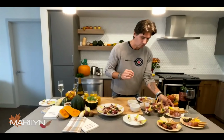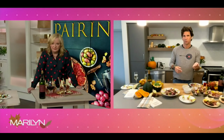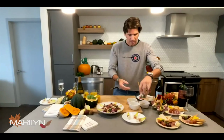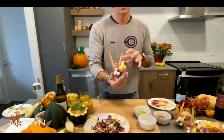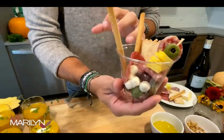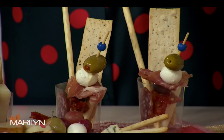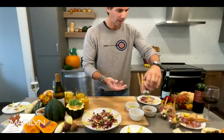Now, the other thing we did was, if this is a cocktail party, obviously you're not going to be sitting there with a plate of charcuterie and a glass. It's just too cumbersome. So we came up with this really fun idea of creating these little charcuterie cups. These are fantastic, aren't they cute? You can prepare everything ahead of time, skewer it all, and literally just assemble right before your guests come. It's a really easy way to serve this while somebody can also be standing around enjoying a cocktail